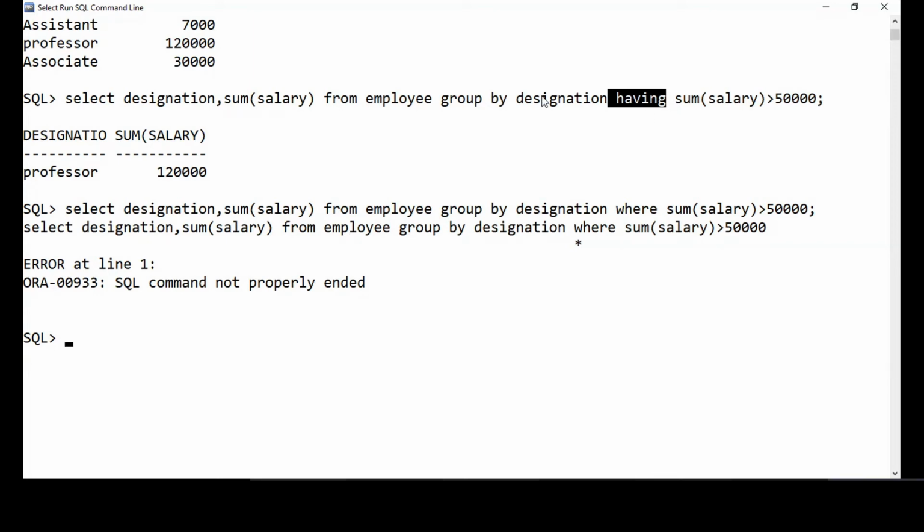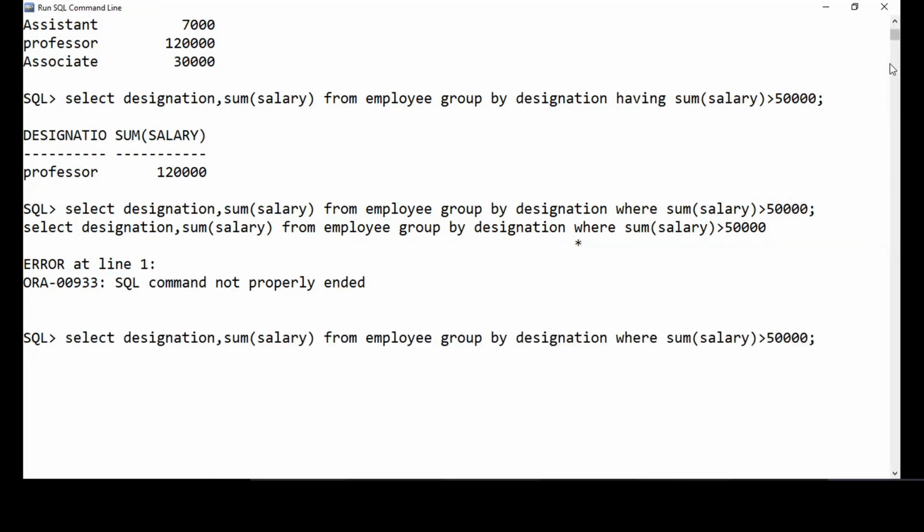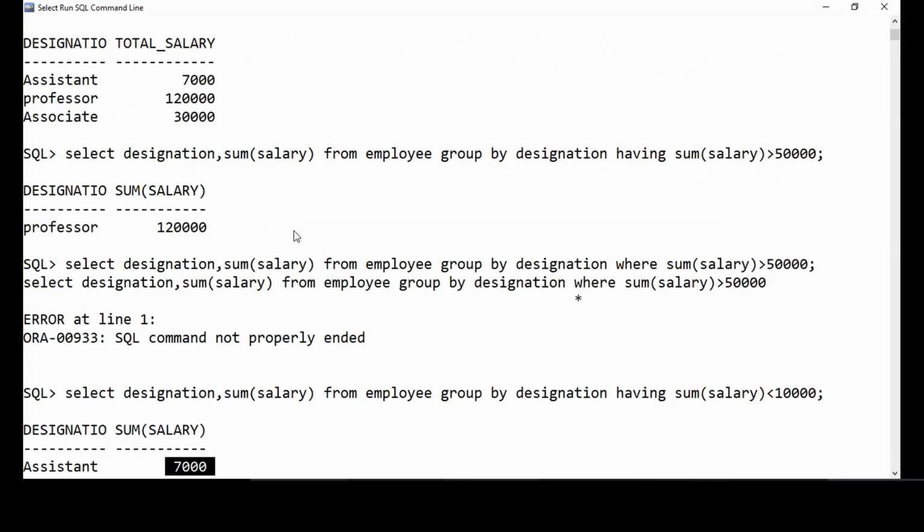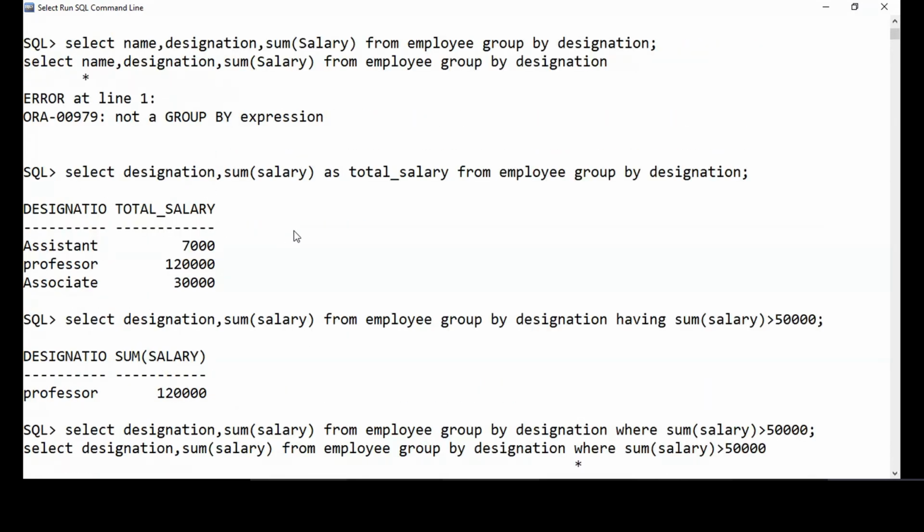So if I am interested in seeing only groups lesser than 10,000, how will I write the query? I will not use where, I'll say having sum of salary lesser than 7,000 or lesser than 10,000, something like that. So now only those groups which have a sum of salary lesser than 7,000 will be printed. So that's how you use having clause for filtering groups.